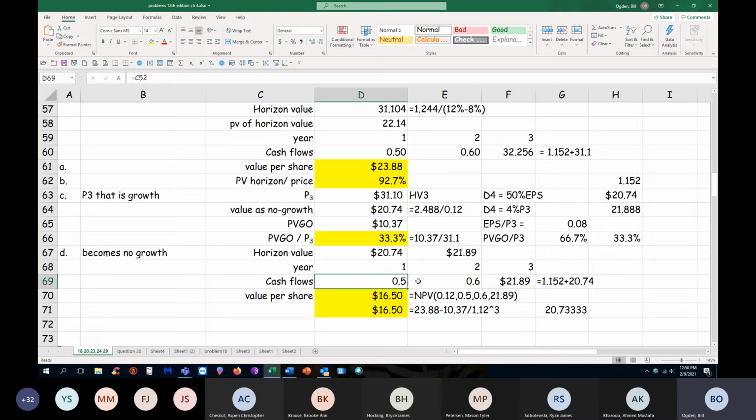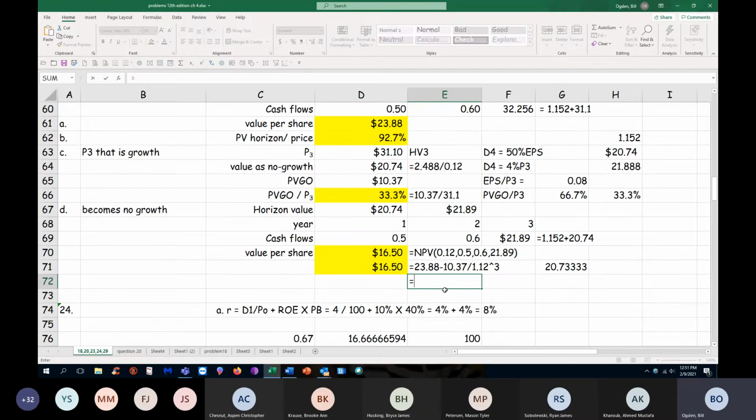So 50 cents dividend 1, 60 cents dividend 2, and then the restated cash flow 3 would be the year 3 values and no growth plus dividend 3. That's the 21.89. And if I discount these back at 12%, I get 16.50. Or